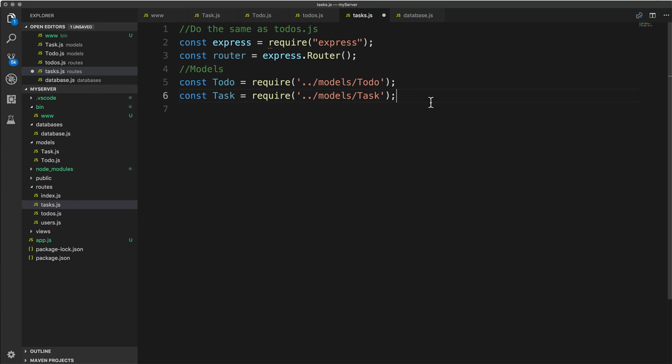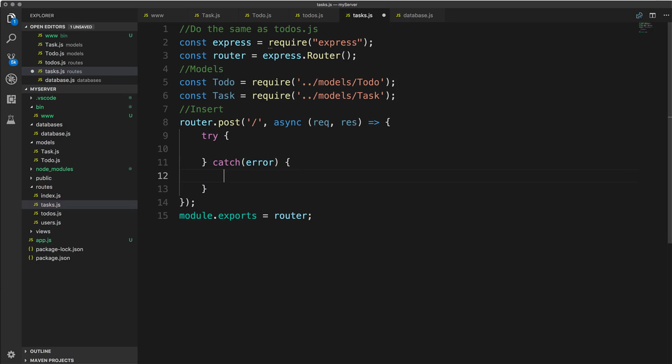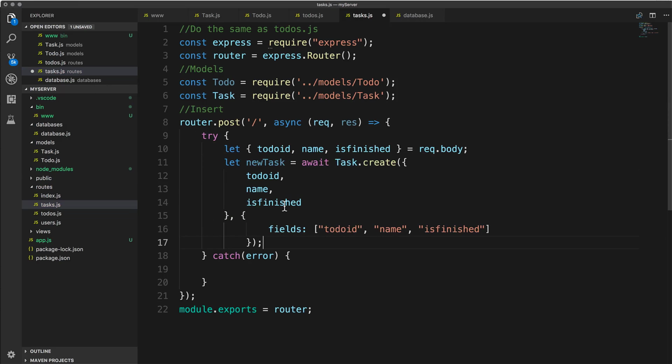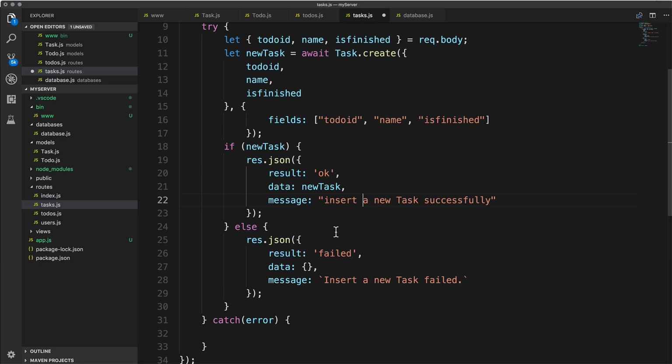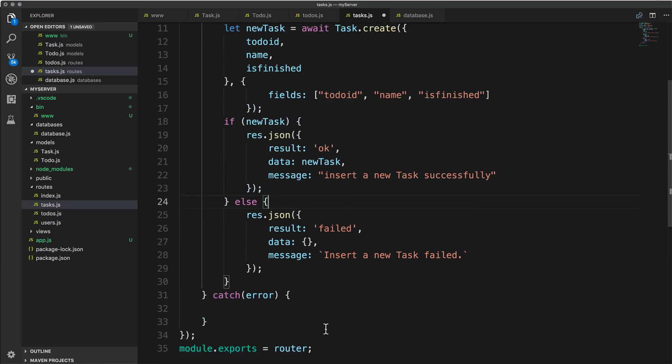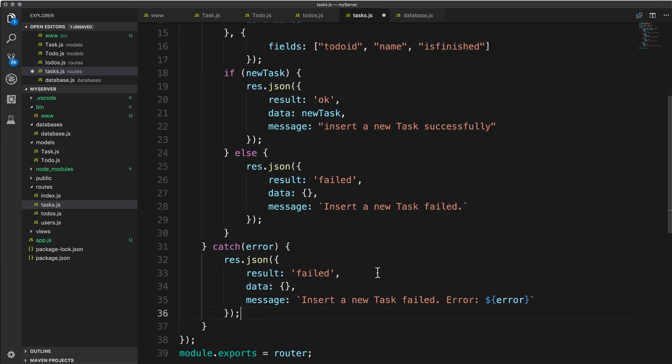We do the same as to-do.js. We import to-do, we import the task model, we create a router, and I export the router as a global object. Okay, and after try and catch, you can get the input parameter from the body, call the function to create a new task object, and display the field as to-do name is finished. So the fields of the attributes are the same,